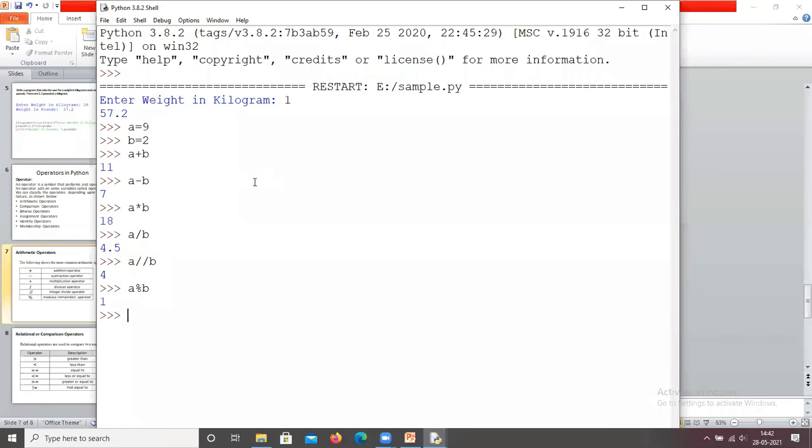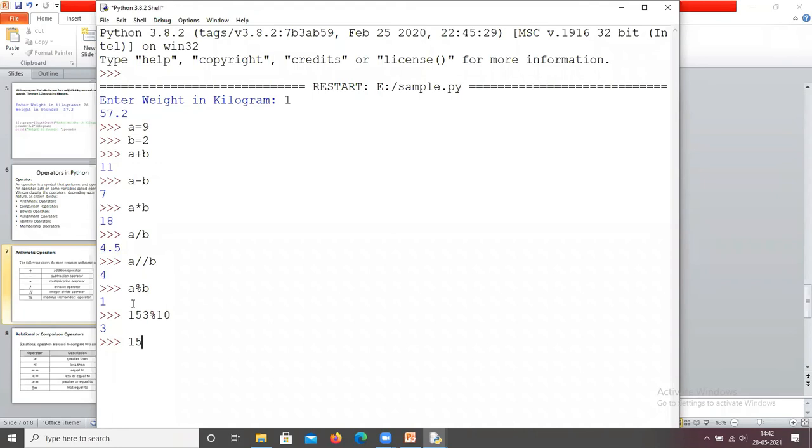I hope you all understand all the arithmetic operations. 9 plus 2 is 11, 9 minus 2 is 7, 9 into 2 is 18, 9 by 2, here we got a floating value. A by b returns a floating value, a floor division b returns an integer value, and a percentage b returns the remainder.